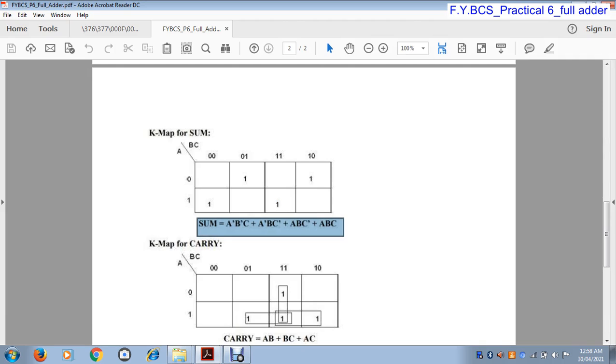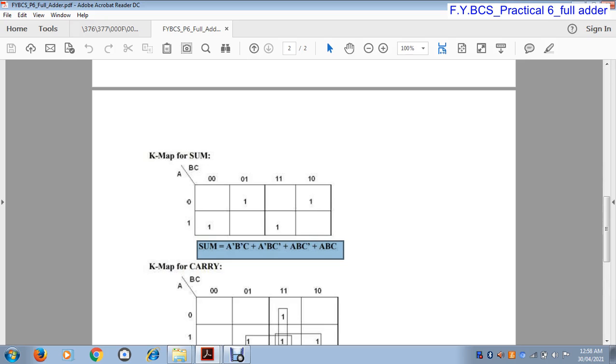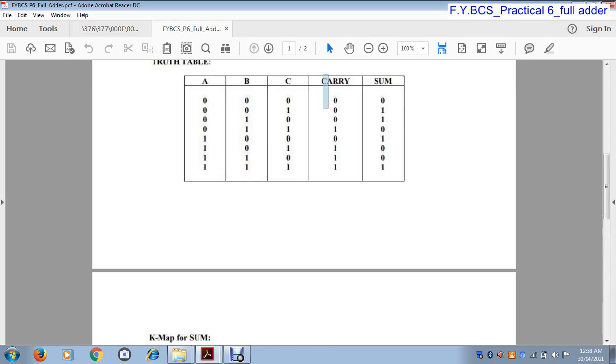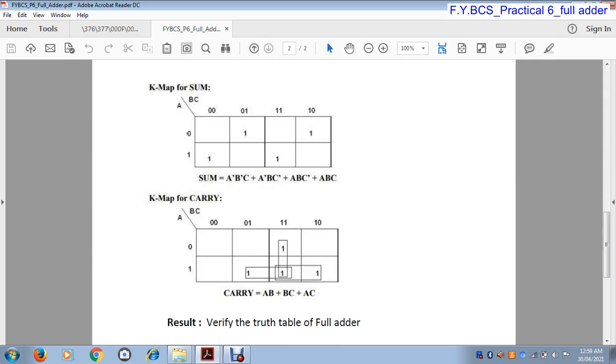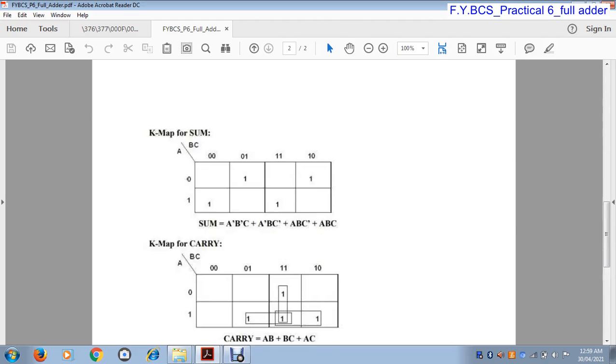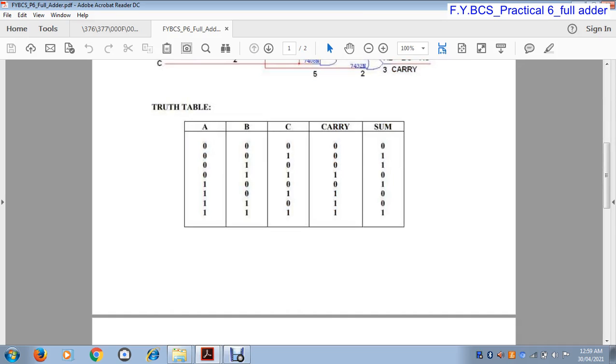Okay. So by using this equation we can draw the logical symbol. Now the next condition is carry. So next we draw the K map for carry output. Here also there are three variables, so we can draw 4 cells. This is A bar, A, and this is B bar C bar, B bar C, B C, and this is B C bar.